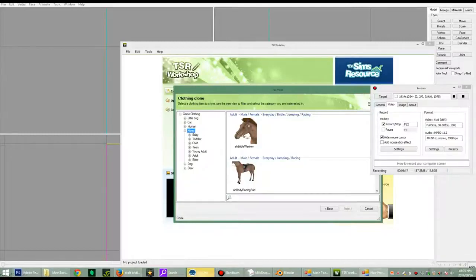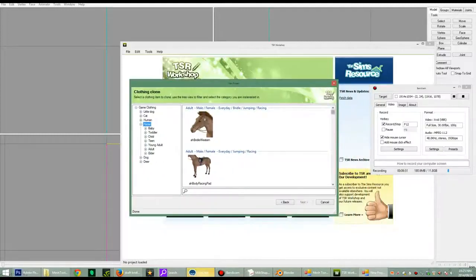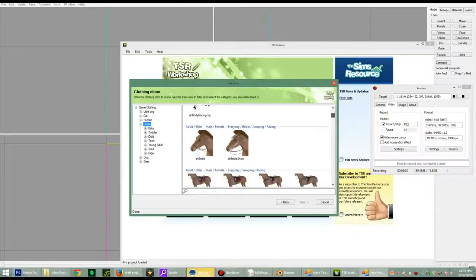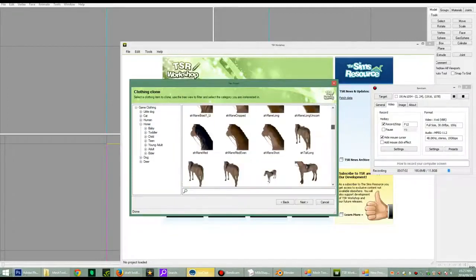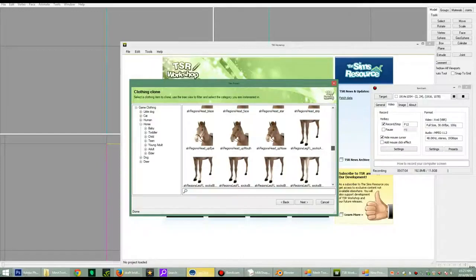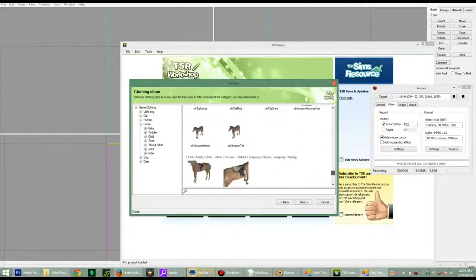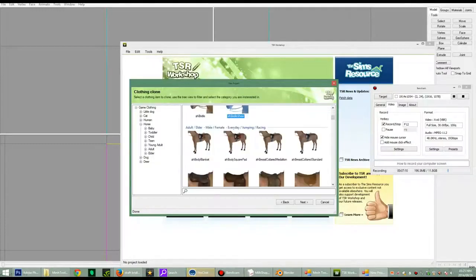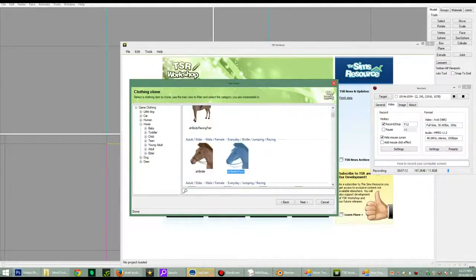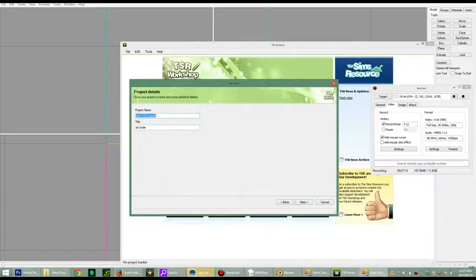Sorry for this talking, but like I was saying, we're going to need to open up a pretty basic bridle. Now you can go with a simple one like that, or if you want to add hoops. Because I'm going to be adding hoops to mine, we could add that one, but the possibilities are sort of endless. I mean, Sims really didn't give us much of a choice, did they? Anyway, let's go for just this, pretty basic, and we're going to call it